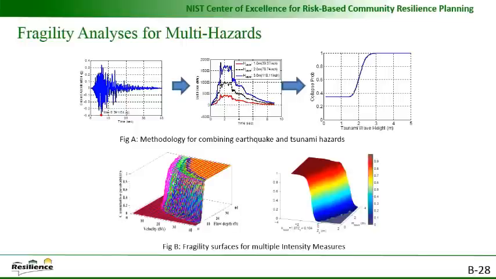Finally, our center is developing state-of-the-art methods for multi-hazard fragility analysis. The top sequence of figures shows one of our new methodologies for combining earthquake and tsunami hazards into a single fragility function. The bottom figure illustrates fragility surfaces that we're developing for multiple intensity measures and for the joint occurrence